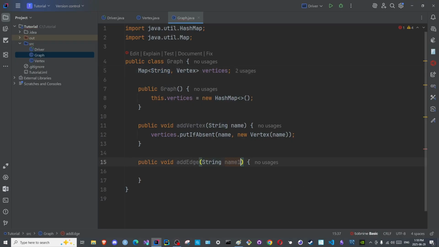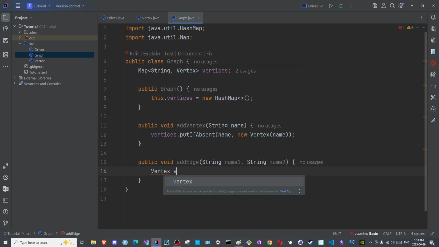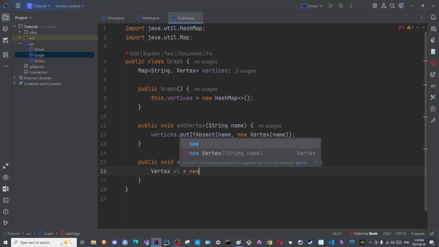We will call this name 1 and name 2, or vertex 1 and vertex 2. Okay, vertex, and I will call this v1 to match name 1, is equal to,